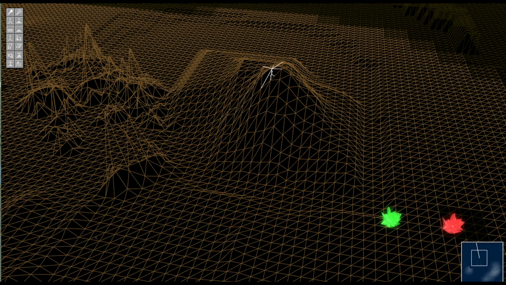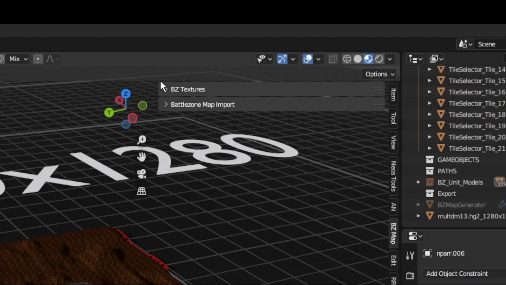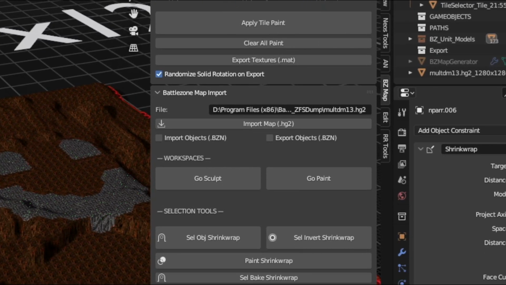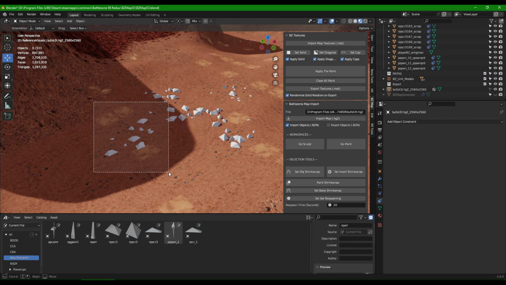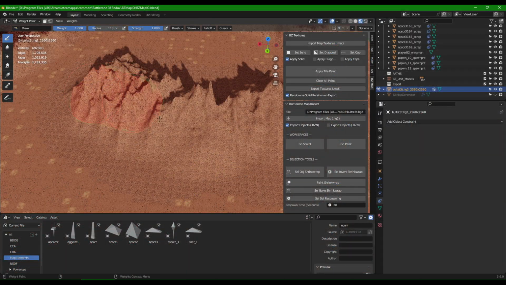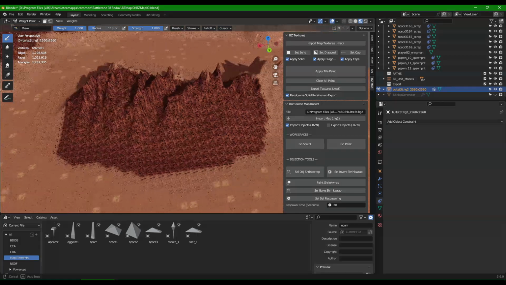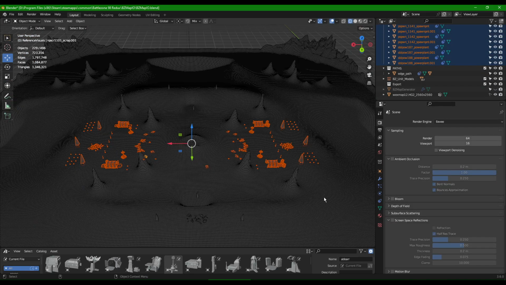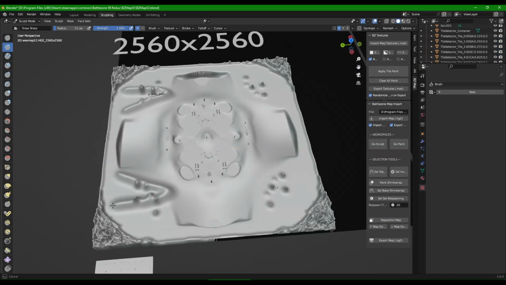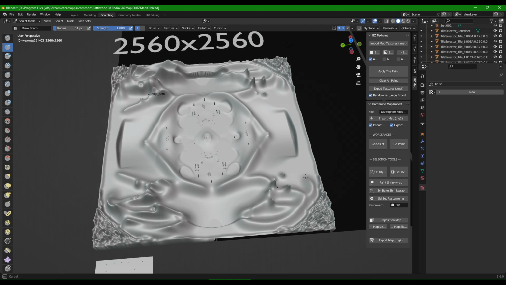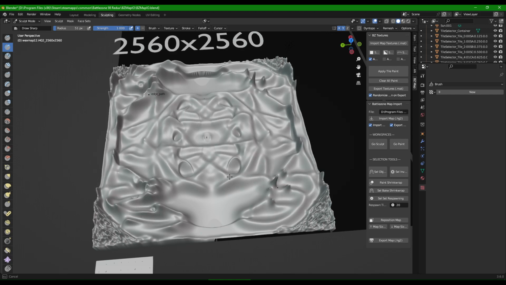With a little help from the Battlezone community, I've engineered a Blender add-on called BZMapIO, which massively improves upon what was previously available. Now we have multi-select editing, terrain sculpting, and a new terrain painting workflow with auto-placement of diagonals and caps, as well as access to many of Blender's advanced features should you choose to utilize them. With all that explained, let's dive right into installing the tool, then I'll briefly go over the general workflow and